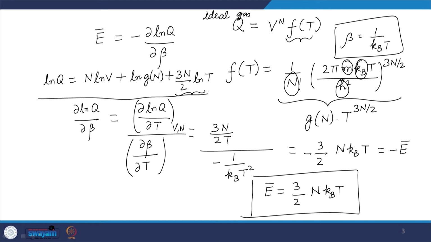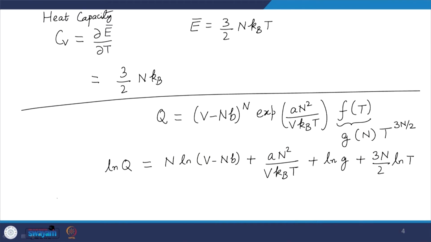The last term is the same for both the van der Waals or dense gas and for an ideal gas, and therefore, if I am now interested in E bar, it is minus of ∂ln Q/∂β, that is minus of ∂ln Q/∂T divided by ∂β/∂T, and that is again